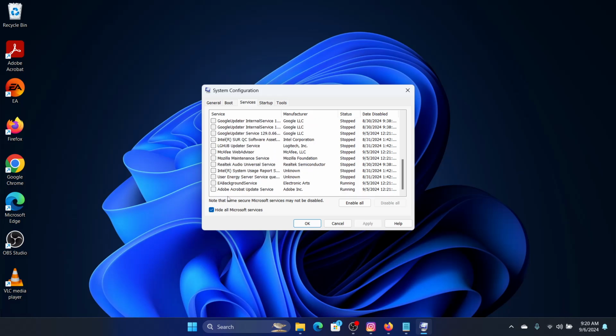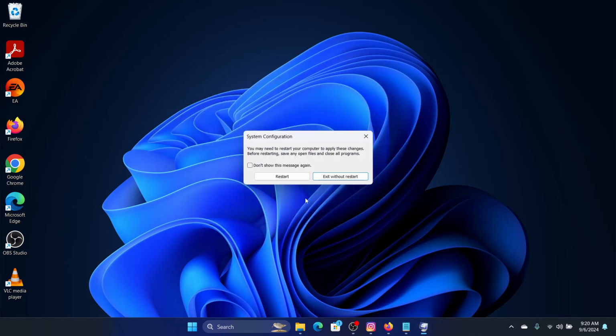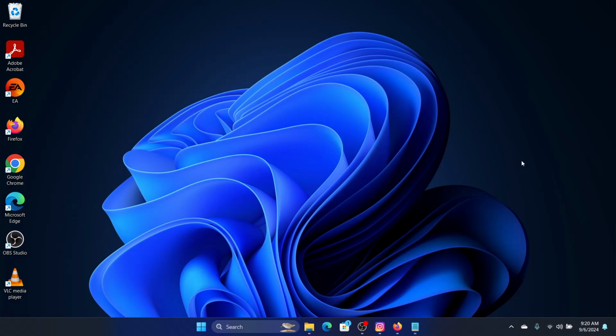And then we will click on the third party apps which are not required for the functioning of the computer and keep looking for those apps. Google Chrome is also not required. And then we will click on disable all, click on apply, and then click on OK and click on restart. And then after it restarts, we need to run the